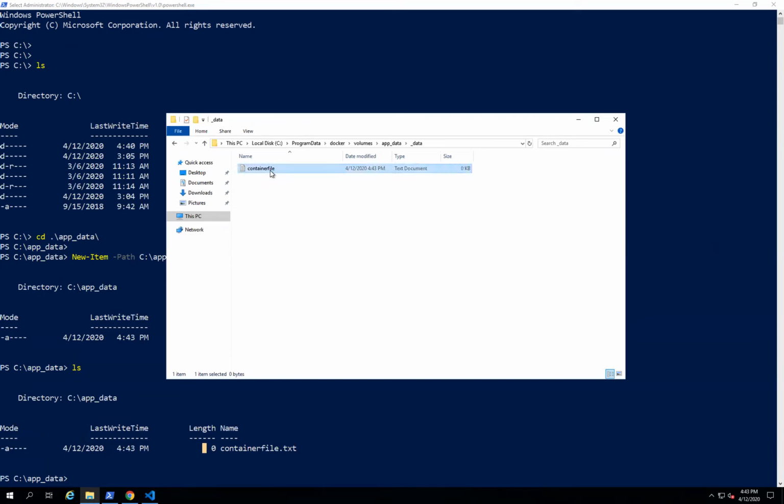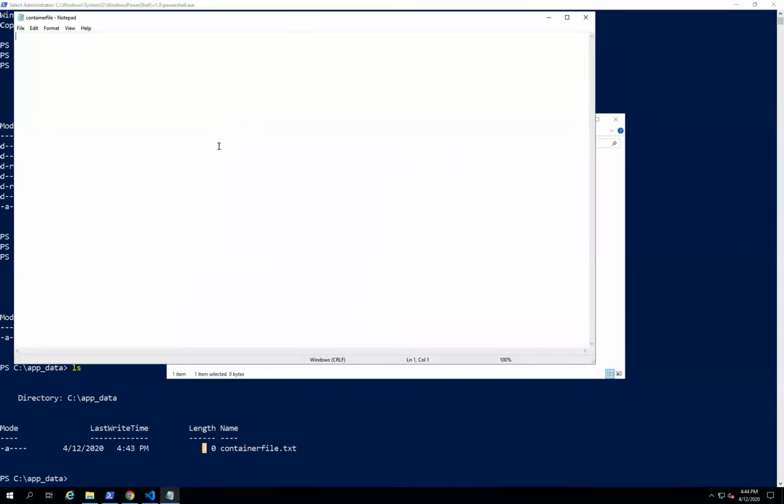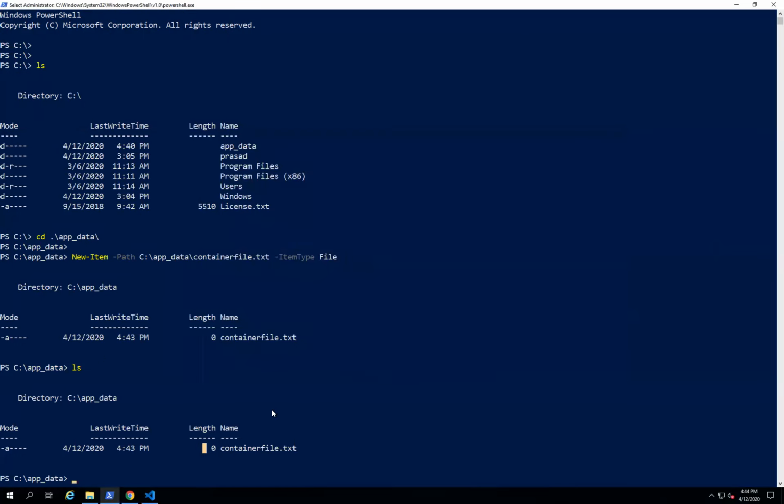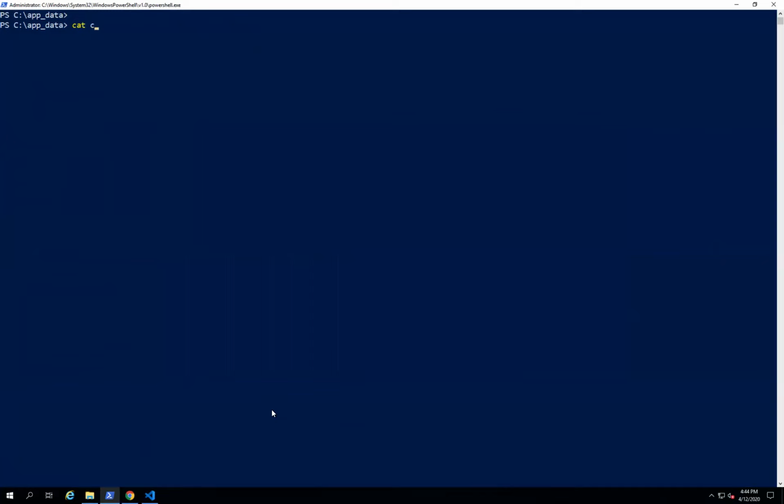So we'll edit the same file from the host operating system. Content inside this file is added from host operating system. Save the file, exit, and go back to the container, and just try to cat the content.